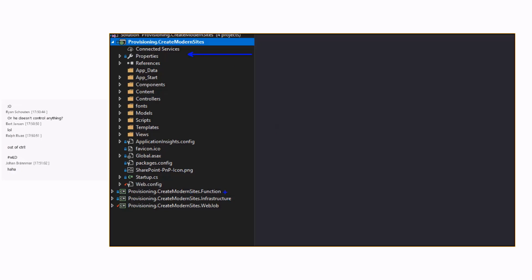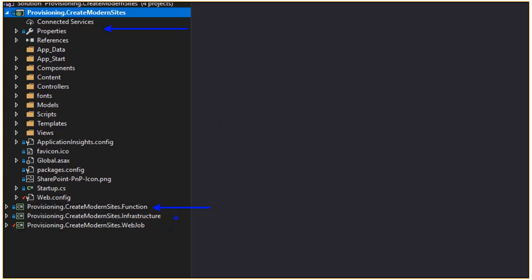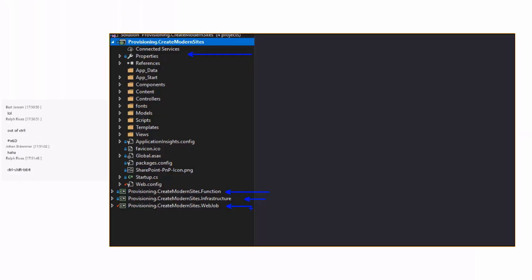And then we have an Azure Function implementation. We'll most likely change the Azure Function implementation to be based on PowerShell. We haven't decided this yet, but we're running out of time pretty soon because we want to get this into the December release. And then the infrastructure is just shared code right now between the function and the web job, and then we have a web job. Based on the selection the person makes within this sample solution, I will put the processing request either to the function or to the web job. In the real world, you would actually choose.